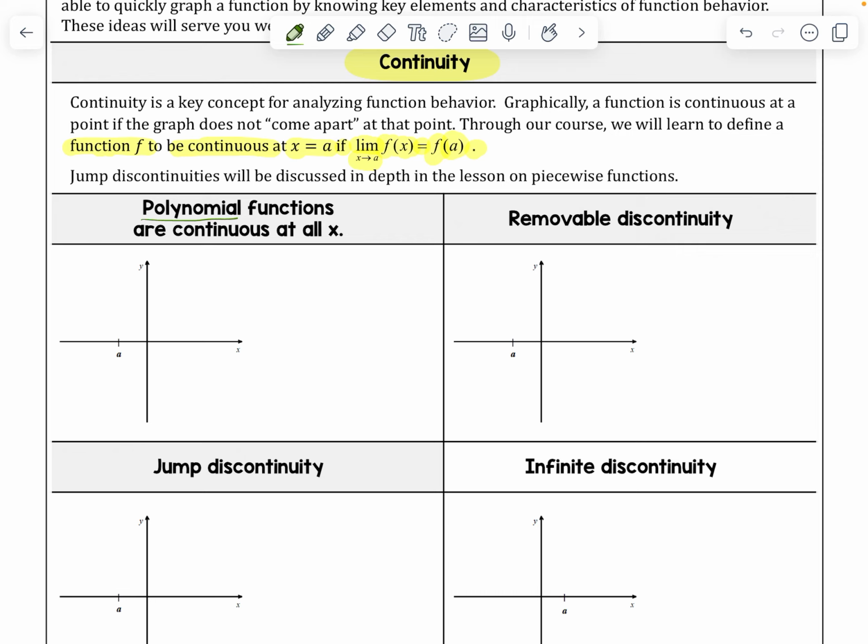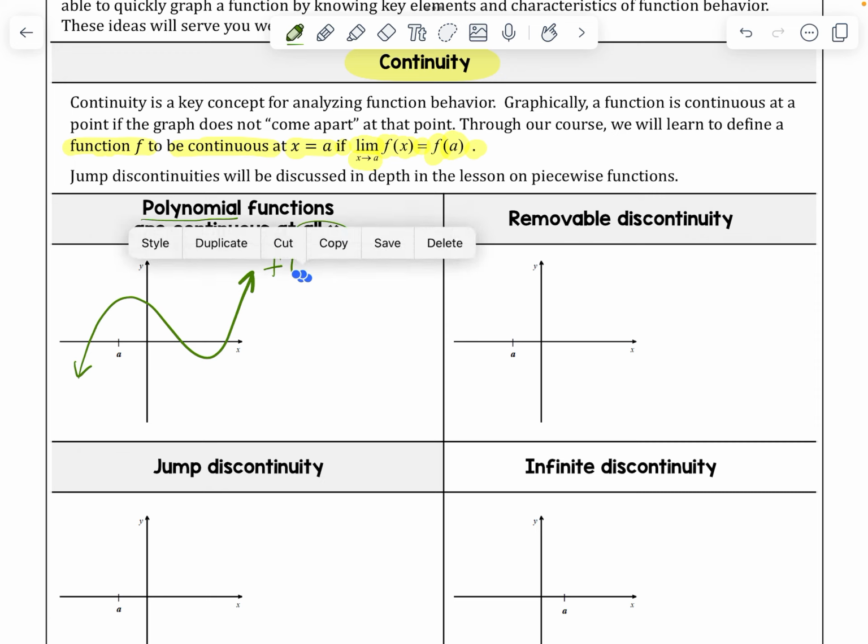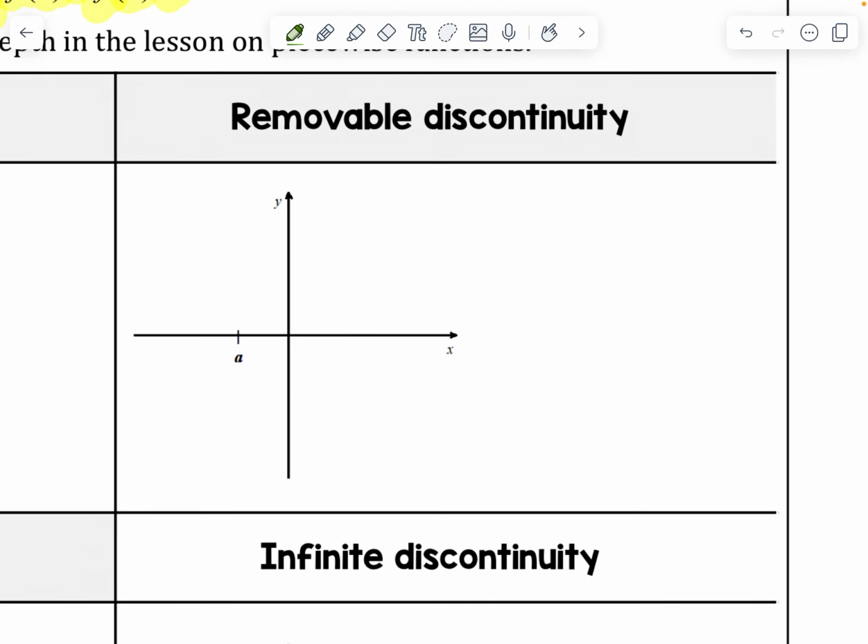A polynomial is continuous at all values of x. So continuous means I literally don't have to pick up my pencil. So for example, if I draw this graph here, we'll call this function of some value a. Here's a. So if I follow this up, this point right here, we'll call that point a for its x value, and its y value is going to be f of a, whatever that value is, because we don't know it specifically. It's a removable discontinuity, which is also called point discontinuity,